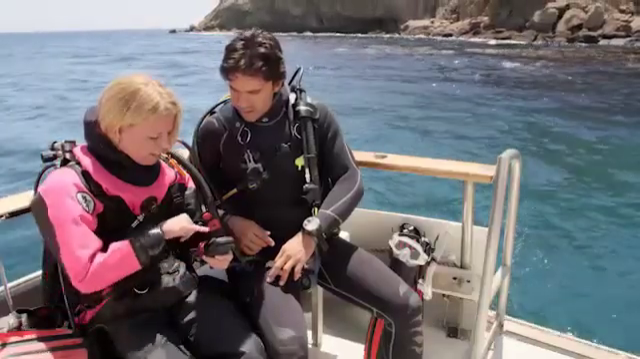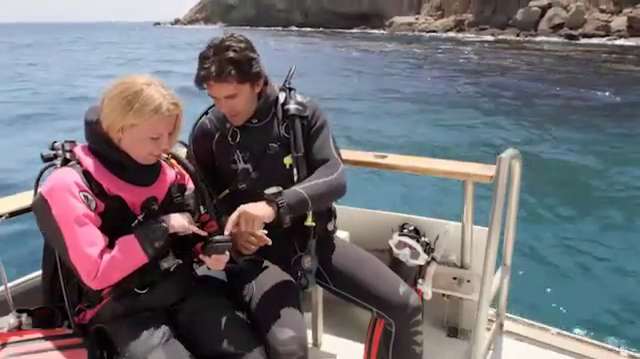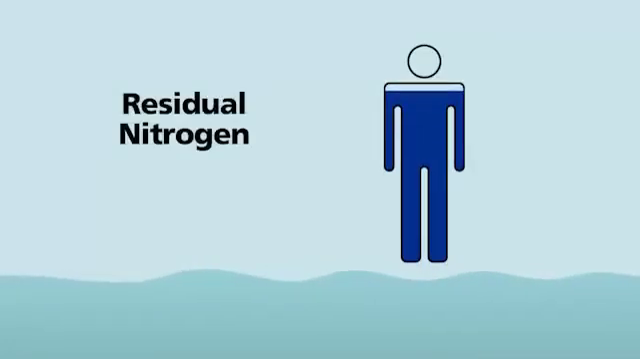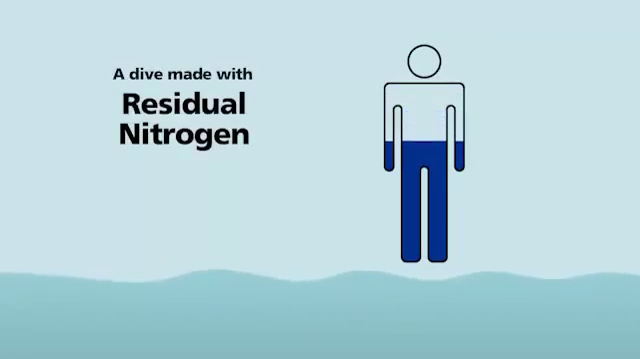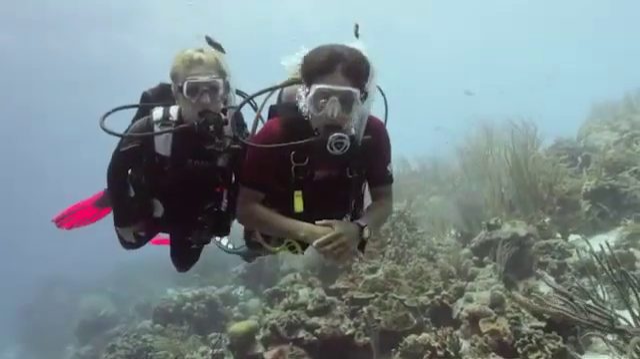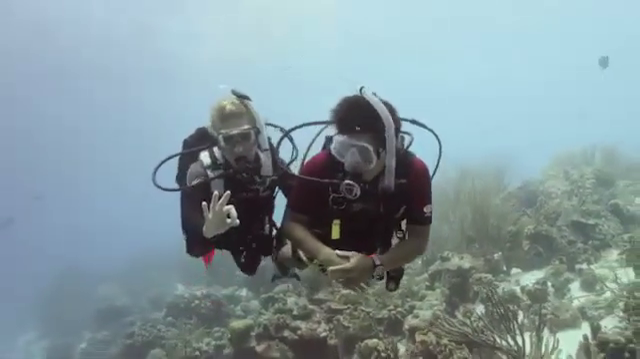After a dive, your no-stop times are shorter than before the dive. This is because your body still has excess nitrogen from the previous dive. We call the nitrogen from a previous dive residual nitrogen, and a dive made while you still have residual nitrogen a repetitive dive. When you make a repetitive dive, your no-stop limits are shorter because you already have nitrogen in